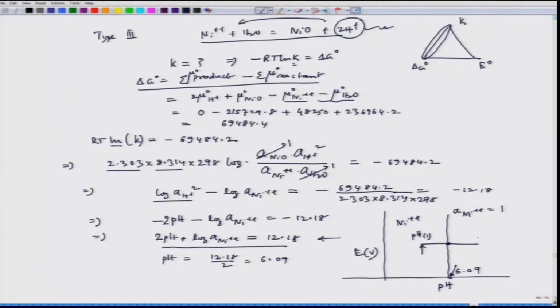Now, if I go to this point, which is pH 2, the hydrogen ion concentration should definitely be less than at the equilibrium pH. So, in order to maintain the equilibrium, since the hydrogen ion concentration has decreased at this point, the system should go in the forward direction, and if it goes in the forward direction, NiO should form. So, this side would definitely be NiO.